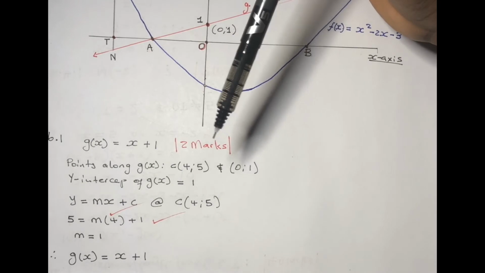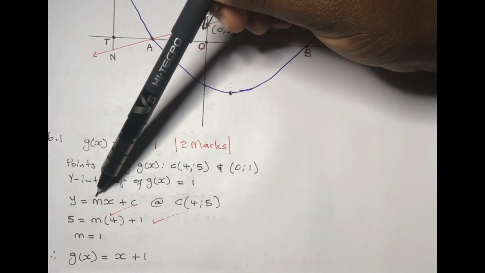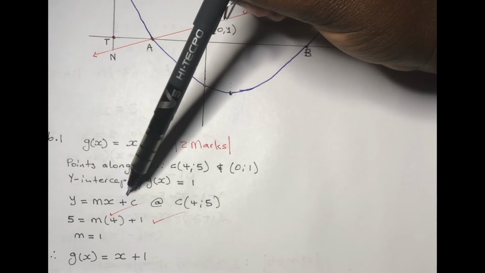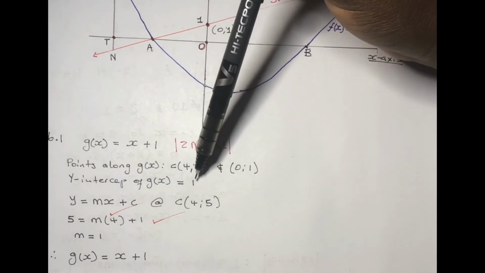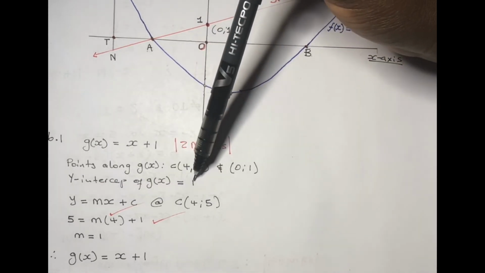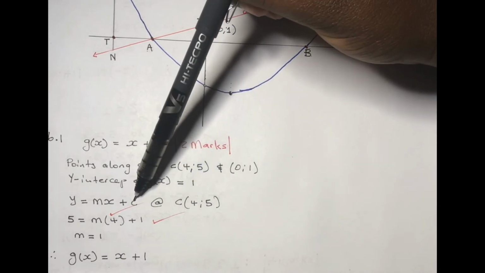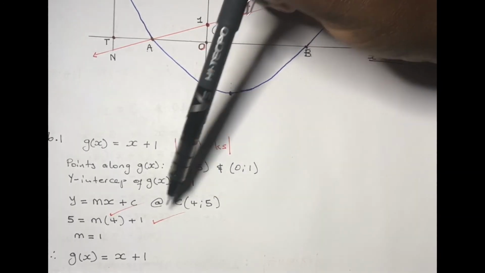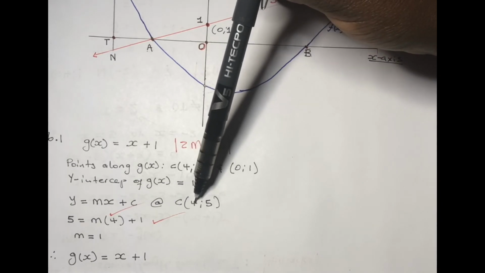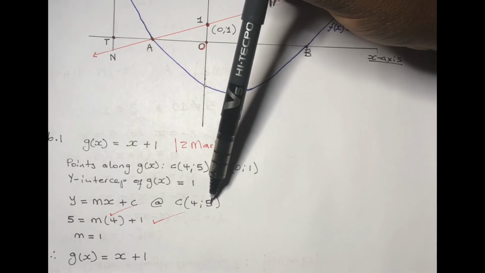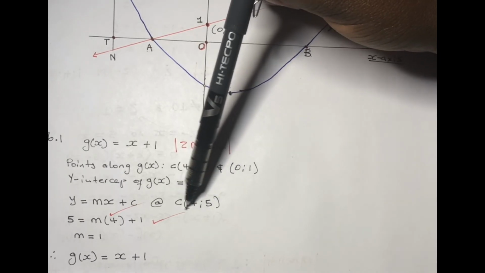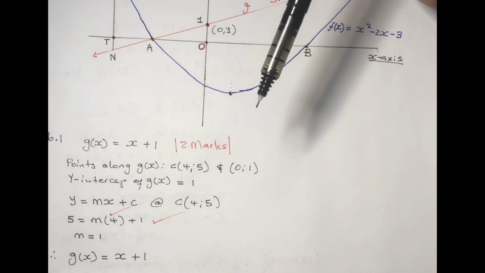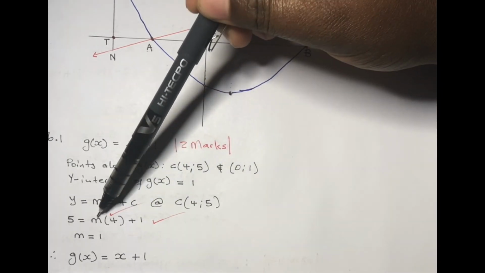So we already know that from our straight line equation, which is y is equals to mx plus c. So we already know that our c is equals to 1, because c refers to a point where a straight line cuts the y-axis. So at a point where we have 4 as x and 5 as y, we can use this coordinate in order to calculate the gradient of our